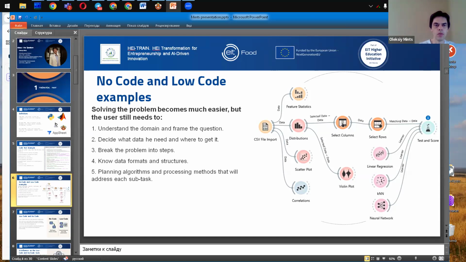With low-code and no-code tools, you can solve the problem much more easily, but you still need to understand the domain and frame the analytical questions. Even with these tools, you must understand the business or research context and translate it into clear questions.